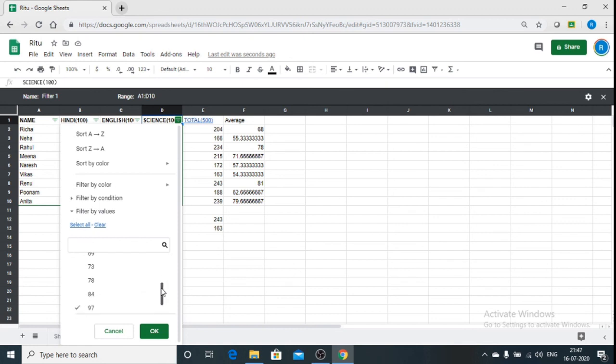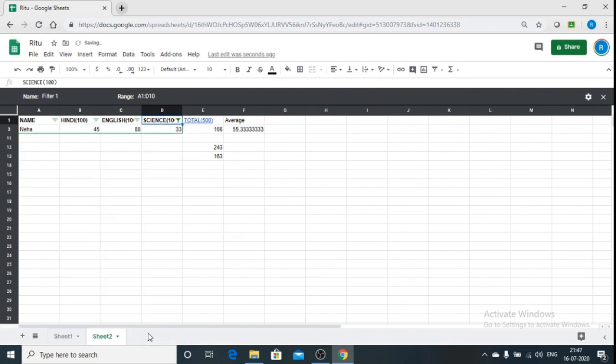So whatever option you want, you will select it accordingly. Then, okay. So Neha is the only student who has got 33 marks in science.